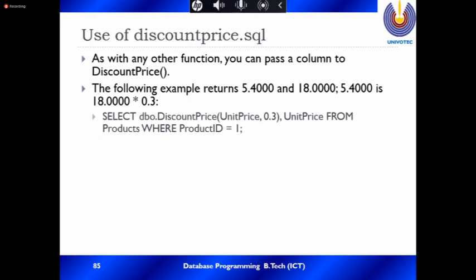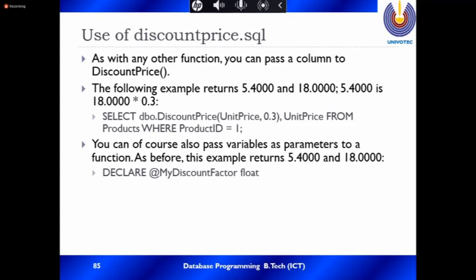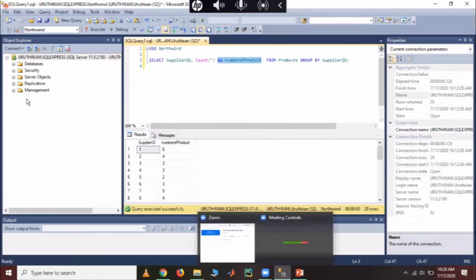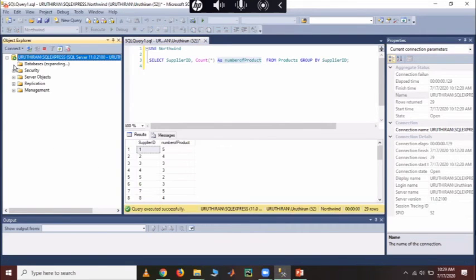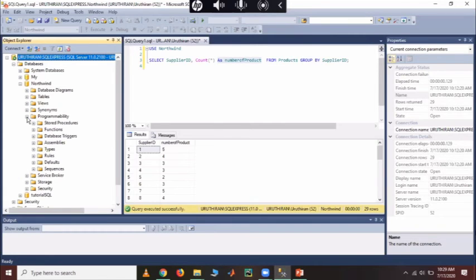That is the new price. Now you can create that function. Now we are going to create the function. Let's see whether there is any function in the database by checking programmatically.